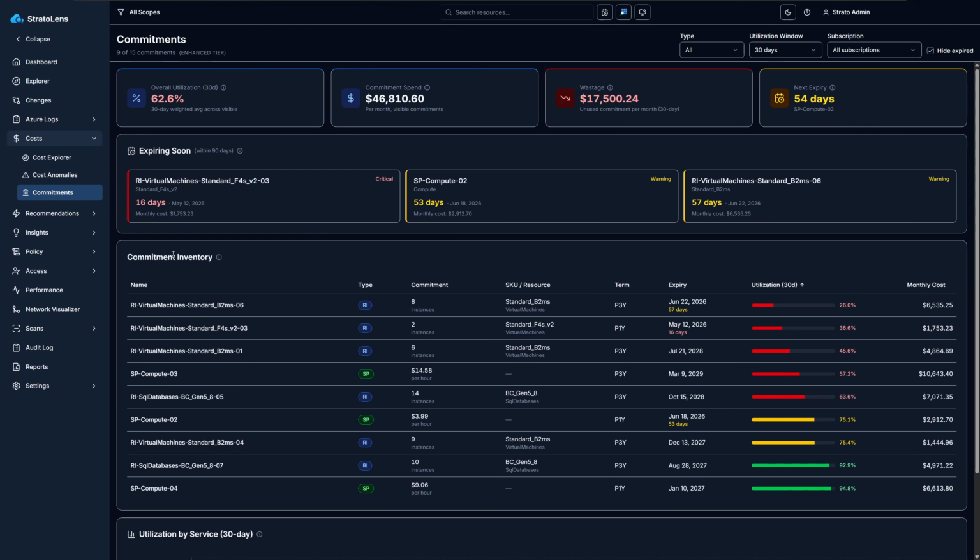On this screen, we'll get a full list of all reserved instances and savings plans, along with a bunch of callouts. On the top, we can see our overall utilization. So across the past 30 days, we've only used about 62% of our reserved instances and savings plans. We have a significant amount of wastage. Our commitment spending is $46,000, and we're wasting $17,000 a month because we're not fully utilizing all our reserved instances